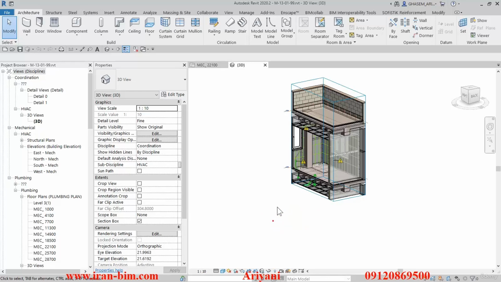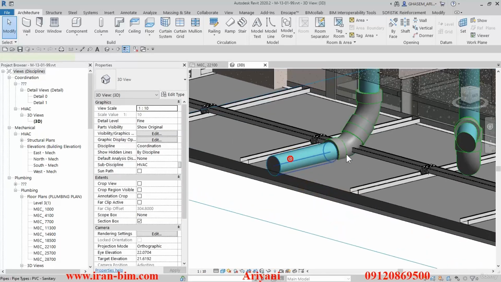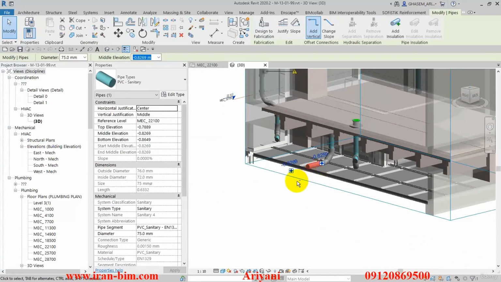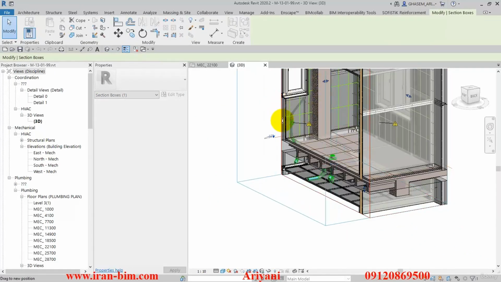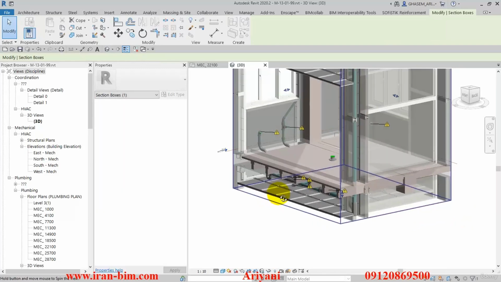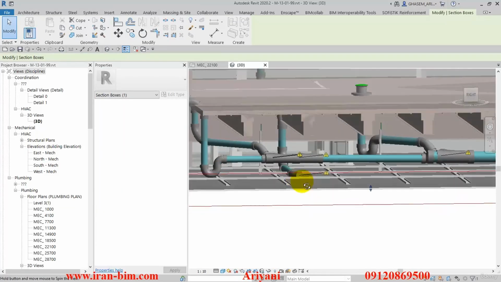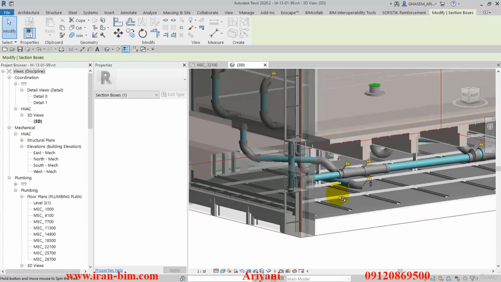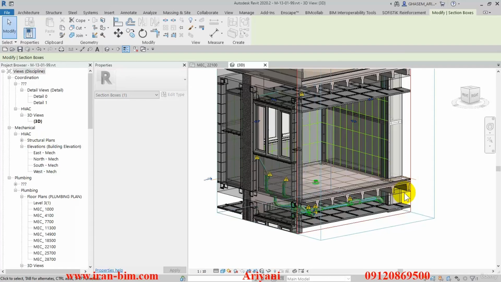So we go about doing the rest of the business, and we have a collision right here which we need to fix. So this needs to move higher up. Okay, and then I'll increase the depth of this section box, and then let's see what we have here. We'll have to rotate it to get the right angle. All right, let's move it a bit more,